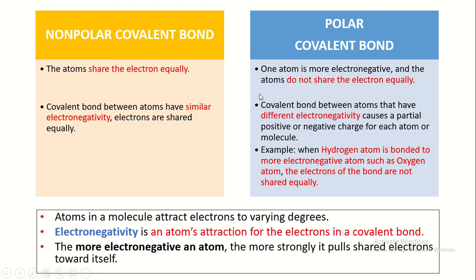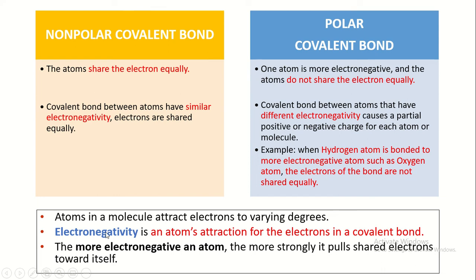And these are the two main differences between non-polar and polar covalent bonds. As I mentioned earlier, in a non-polar covalent bond, the atoms share the electron equally, meaning the atoms have similar electronegativity. Meanwhile, for a polar covalent bond, one atom is more electronegative, and the two atoms do not share the electron equally, due to the different